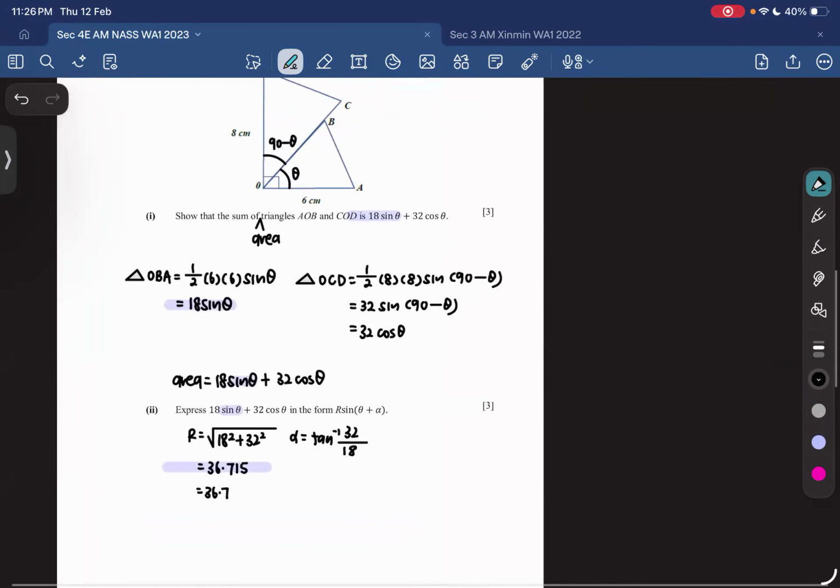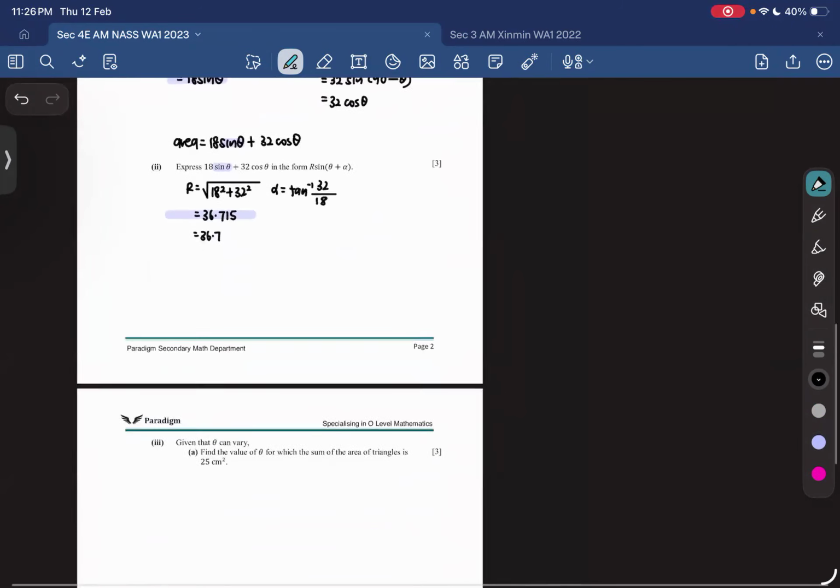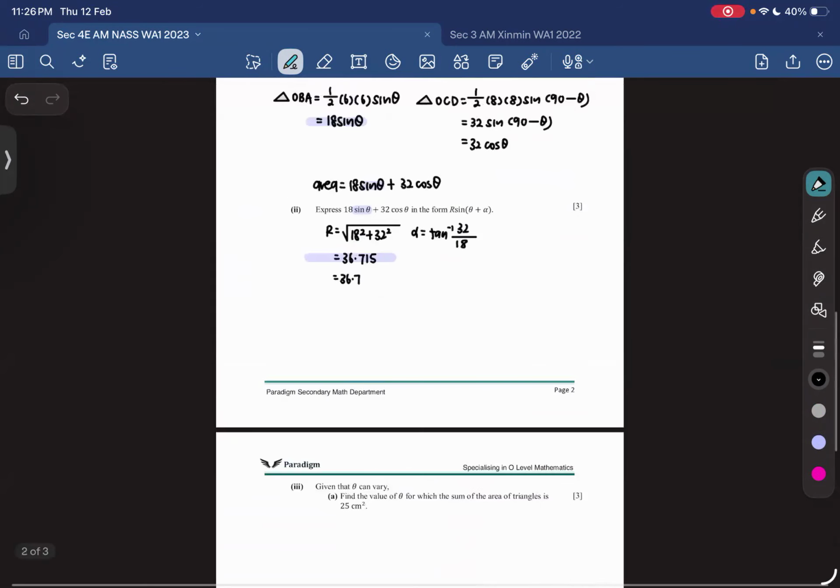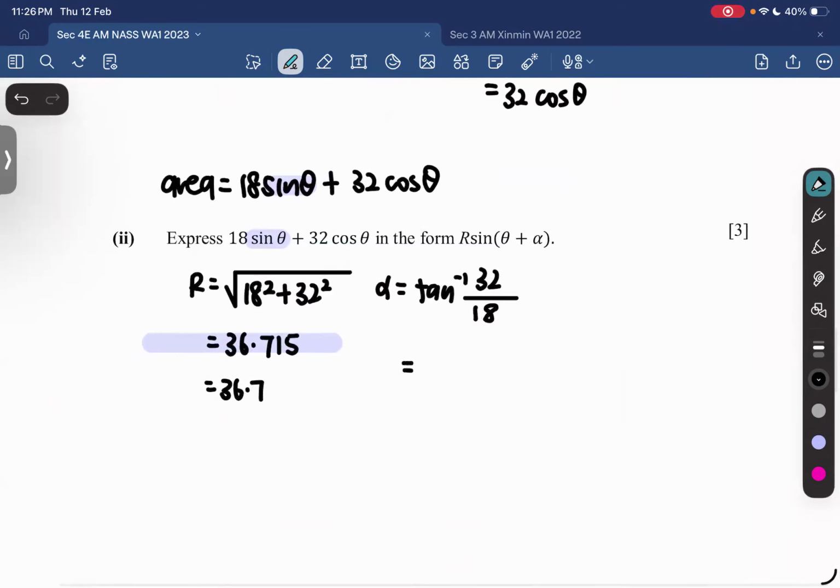Wait, they never say... let me just scroll to the back. They never say, I just do in degree, okay? Okay, so tangent inverse 32 over 18. Oops, tangent inverse 32 over 18. Okay, so this one here will be